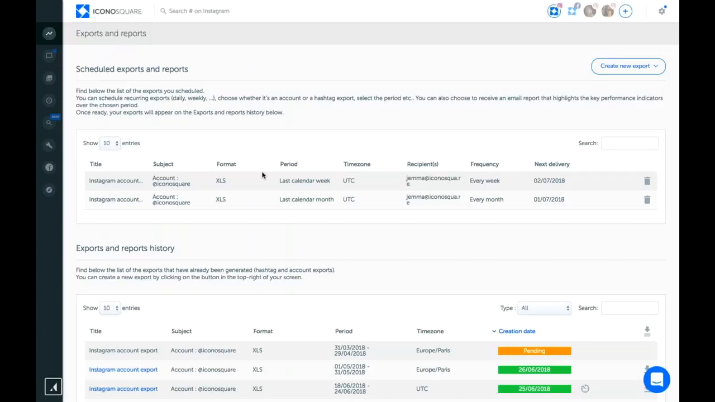So this is the exports and reports section of our product. To set up a report, you just come over here and click create new export. You've got the option to choose between XLS and PDF, and the PDF reports are actually only available on the